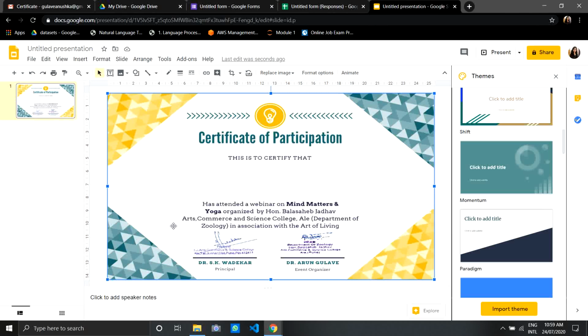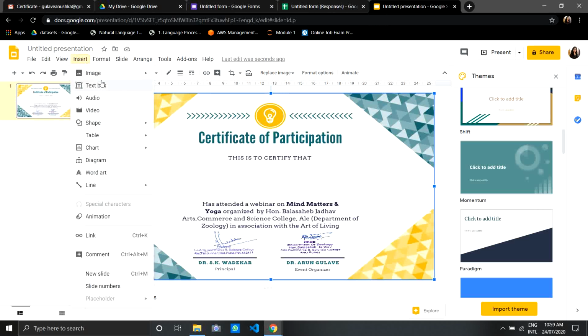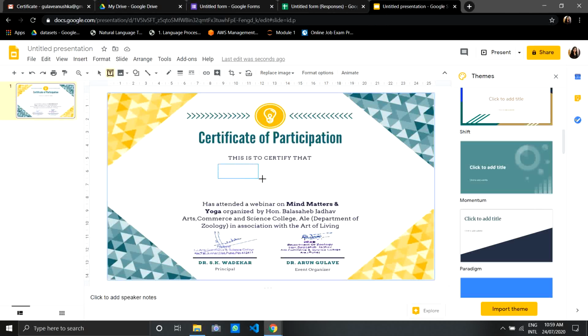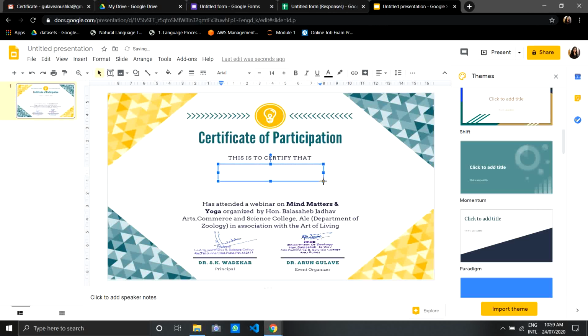Now we have to enter the name and the organization name of that participant. For that we are going to insert one text box here, and in that text box you have to use the greater than and less than symbols, and I am going to write the name in between the greater than and less than symbols.